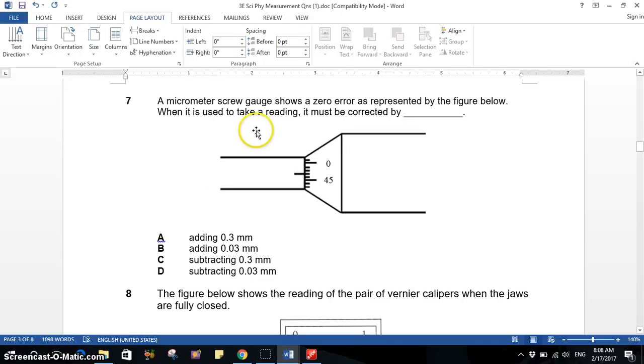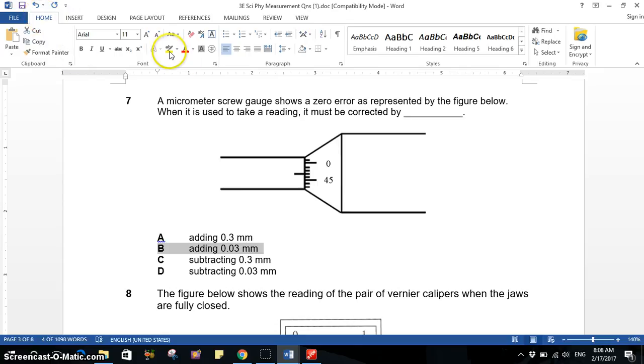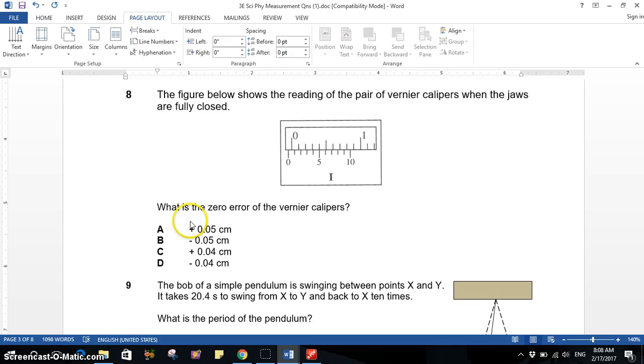Since our corrected reading has to be reading minus error, minus negative zero error implies I need to add. So minus negative error implies that I need to add 0.03 mm to my reading. Now, for question 8, vernier calipers can be given with the vernier scale at the bottom